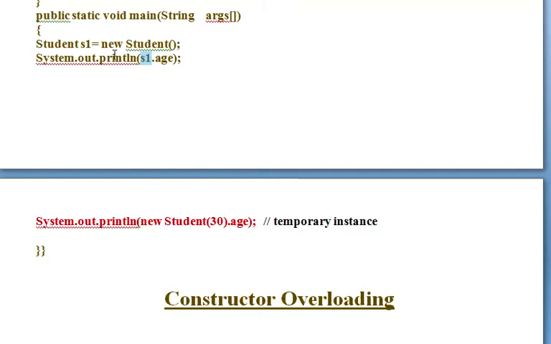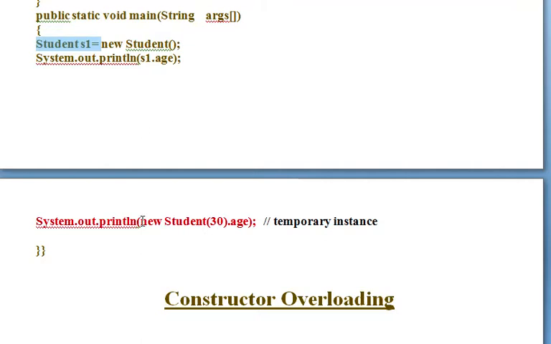We have given a name to this object, s1, and if we do not use this kind of statement before making the call, it can also be written as new Student(30).age. Omitting the left-hand side, it will be left with only new Student like this. Is this clear?